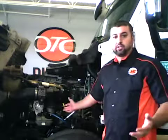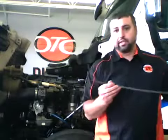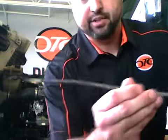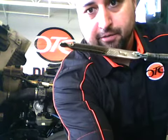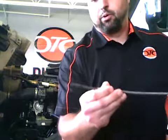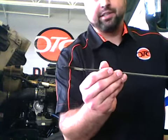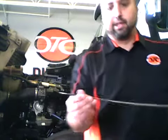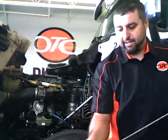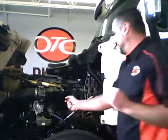And so on this truck we're going to pull the dipstick and look at the level on the dipstick. And so what you can see is that there are two lines on your dipstick. We've got the low and the full area. And we always want our oil to be in that area. It can be all the way up to the max. We'd like to keep it as close to max as possible at all times, but anywhere in that area is safe. So what we're going to do is clean that oil off that dipstick and reinsert it,